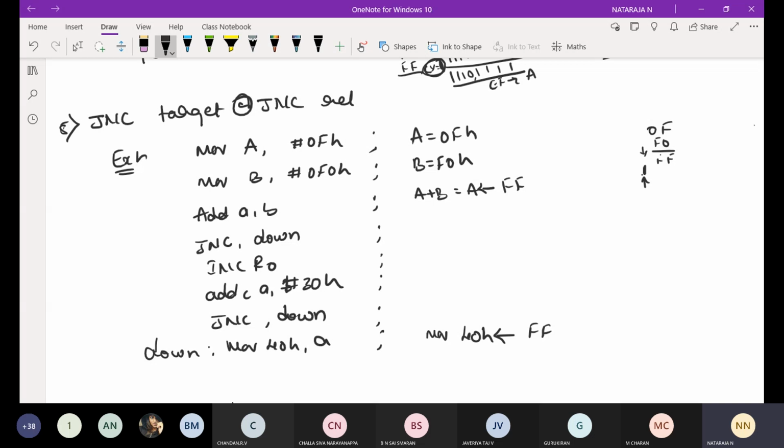At that time, increment or not. Actually, this is wrong. I have not mentioned it anywhere. Whatever it may be, initially R0 is equal to 0. Consider that we increment R0, R0 becomes 1. Then add carry with the accumulator, whatever data we have in the accumulator.